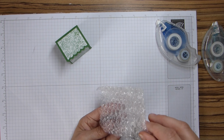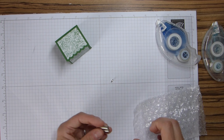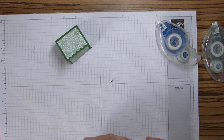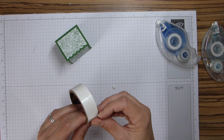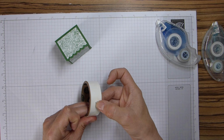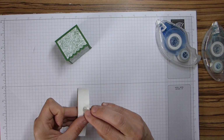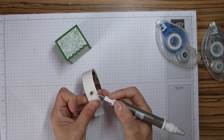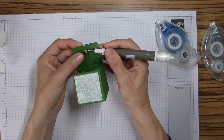magnets. So I've got a couple of these little bitty magnets here, and I got these off the site that sells most things that you can buy second hand or new. And these literally are the same size as glue dots, so for me I think they are just perfect. So I'm just going to pop one on either side there, and then literally I'm just going to pop it in the centre of my lid,